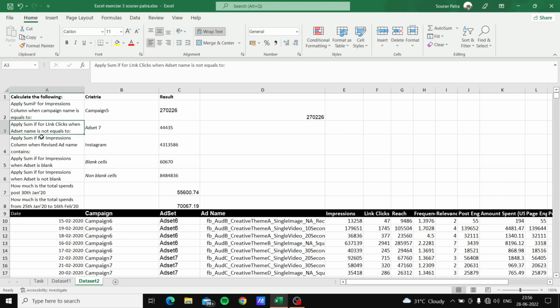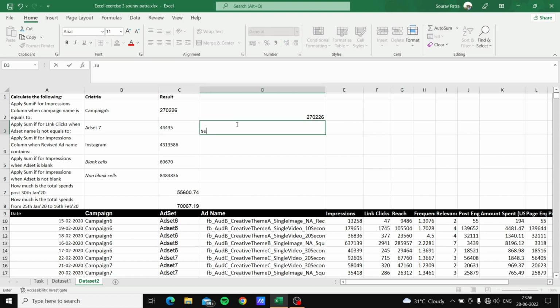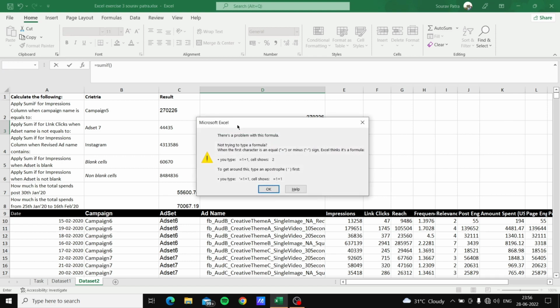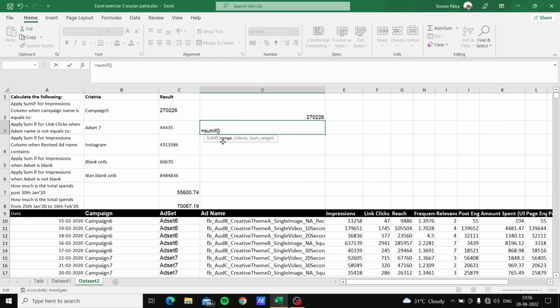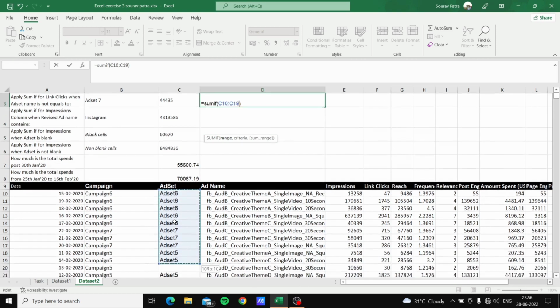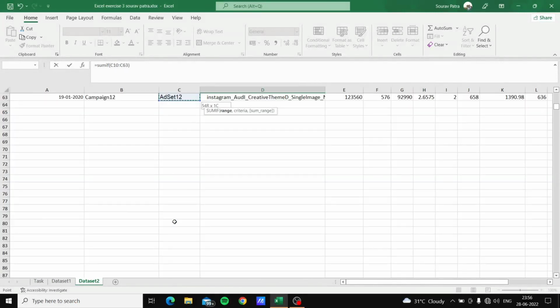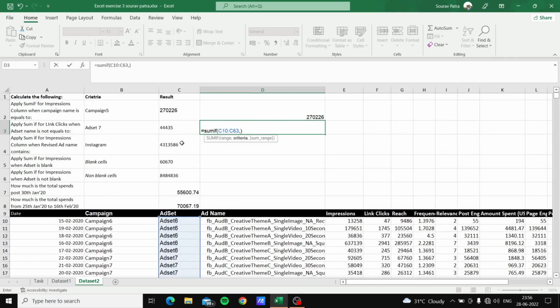Apply SUMIF for link clicks when ad set name is not equals to ad set 7. So here goes the same formula as well. We have to again apply SUMIF. You can see both of these questions are same. So here the range is always ad set. The range is ad set over here, so we will select all the column of ad set. Then we will give our criteria, which is ad set 7. Remember, whenever you find a text, you have to give it in wildcard series, which is in asterisk. But we have forgotten that